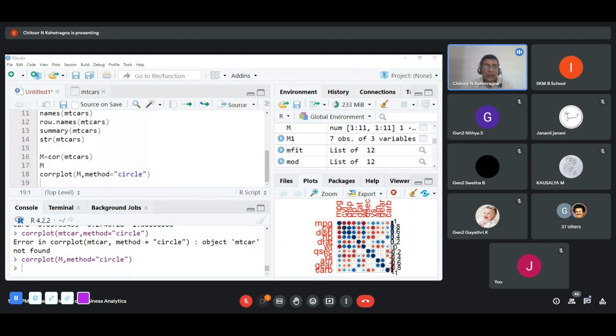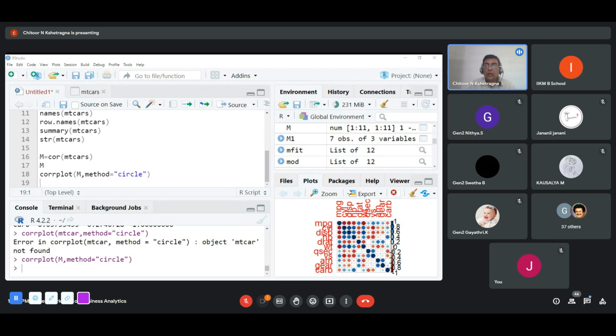The dark blue tells it's highly related. Red says it's not related. If the blue becomes lighter, the relationship level also gets light, becomes weaker. So for example, cylinder and displacement is strongly correlated. Right? So okay, now I can change all of this in a fraction of a second. I can change all of this.